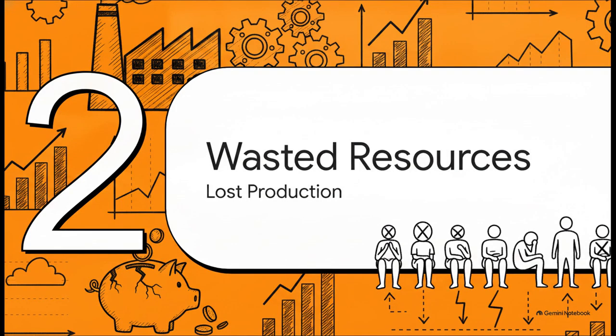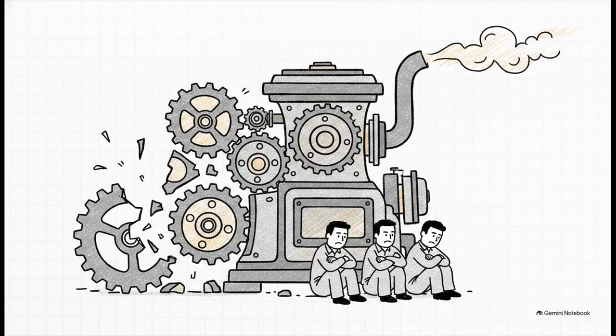Section 2. Wastage of productive resources. So, when the labor force isn't fully utilized, national output and income take a massive direct hit. Why? Because productive resources are just being wasted. If you picture an economy as a giant engine, every capable person willing to work is a vital gear in that machine. When you have idle manpower, your production and your national income are fundamentally stunted. The entire nation's prosperity drops simply because those capable hands and minds are kept idle.